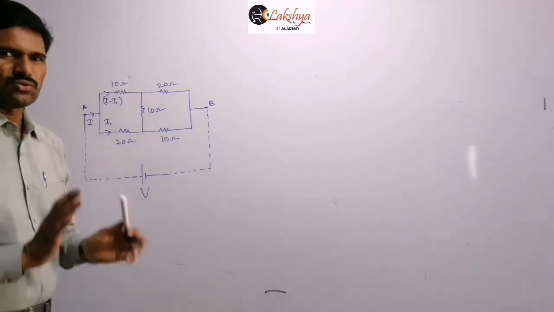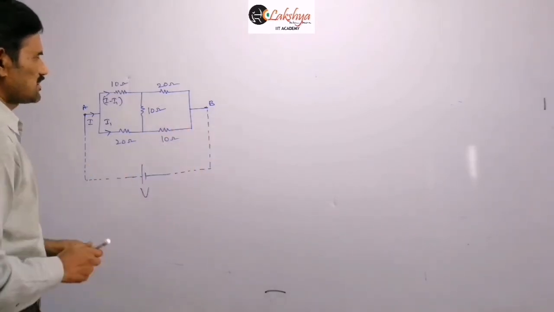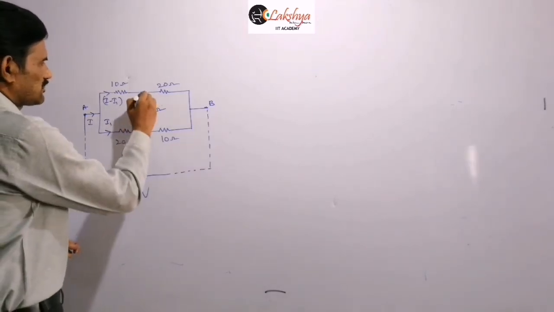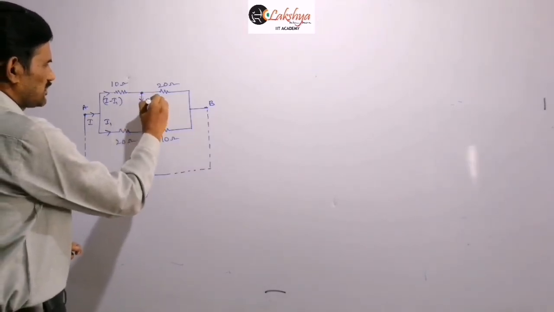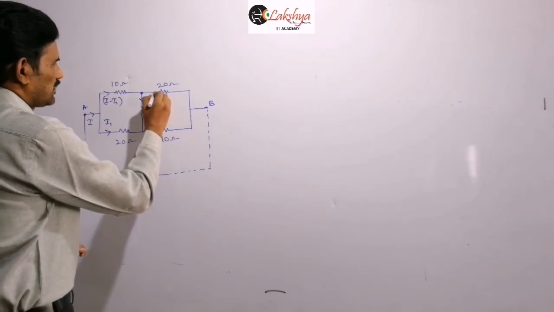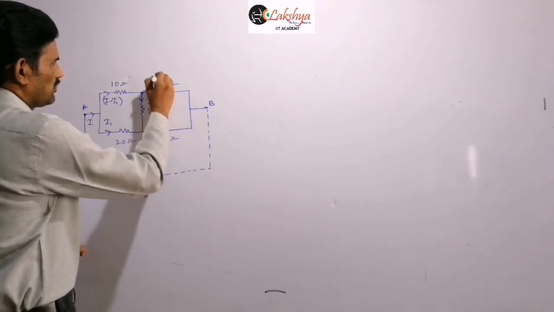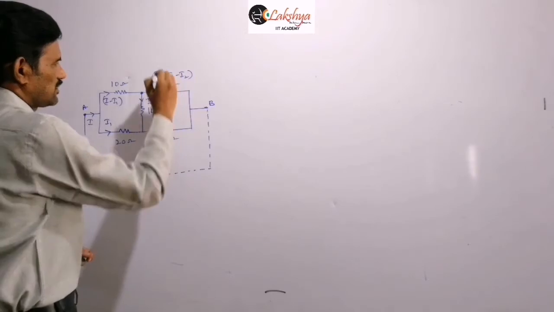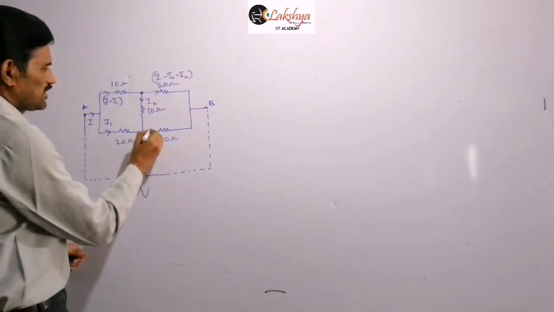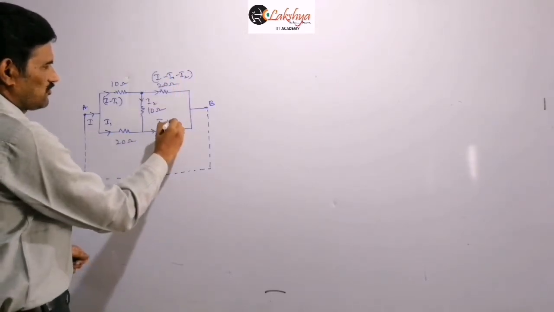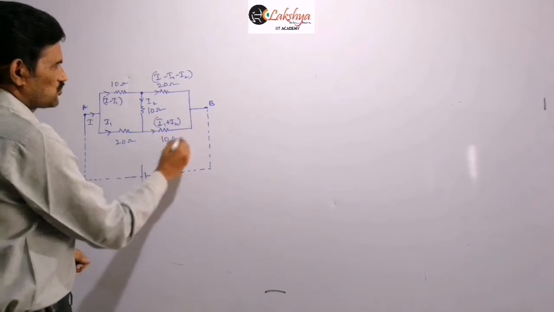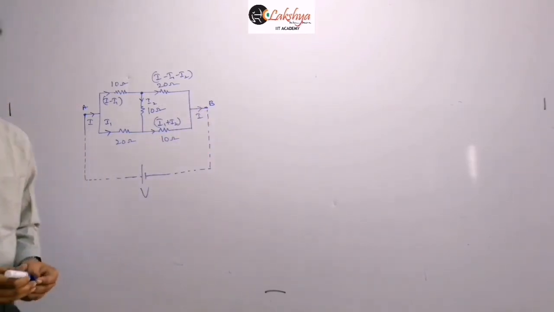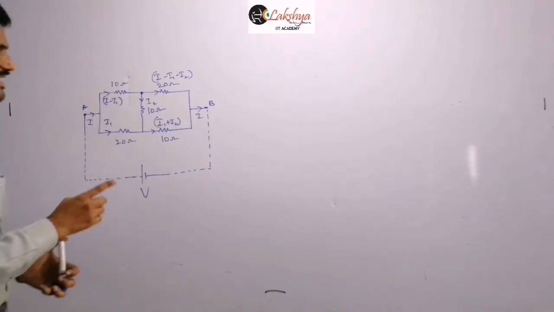As we don't know that point here, let us take some variables here. So that means here I am assuming some current is flowing like this. Let us take this as I2. Then remaining current of this current will be I minus I1 minus I2 is flowing like this, right? And then this current is adding here, then here this current will be I1 plus I2. And so that this total current I will flow out here, right? So now here 2 variables are there for us, I1 and I2.